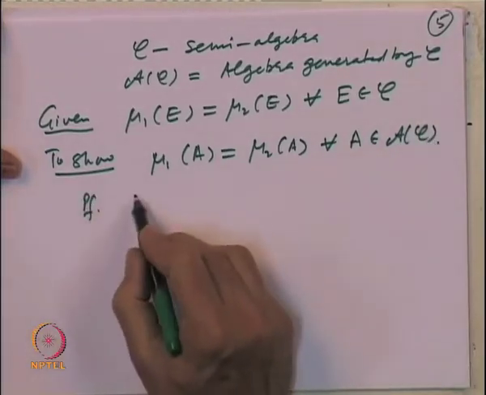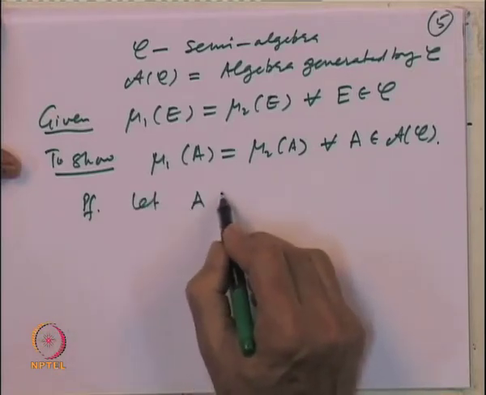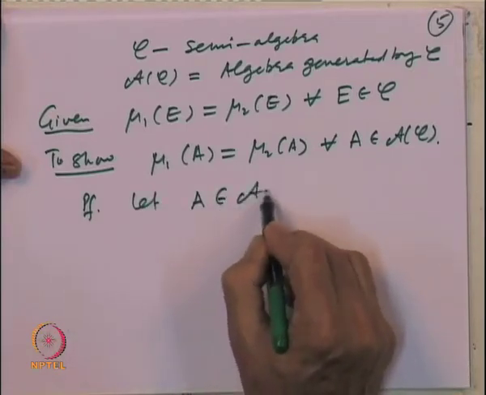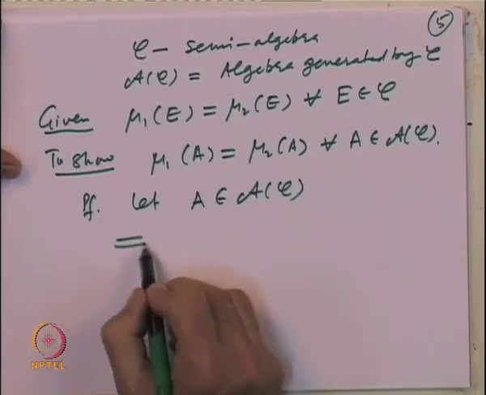Let us start. Let us take a set A which belongs to A of C, then that implies